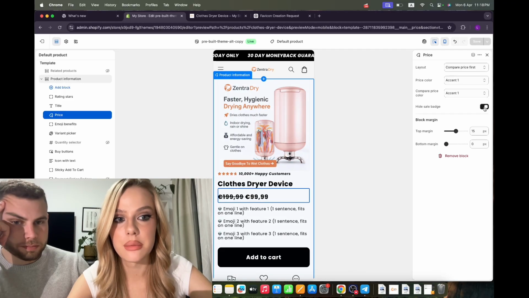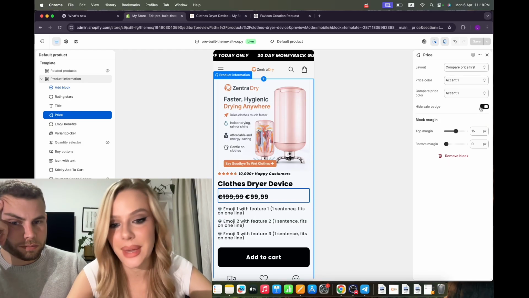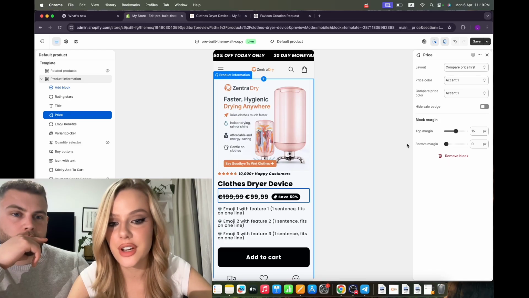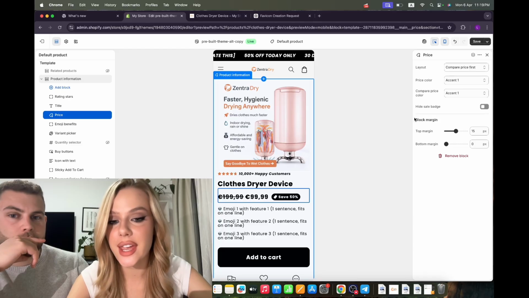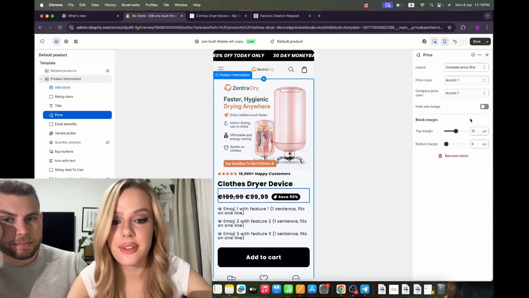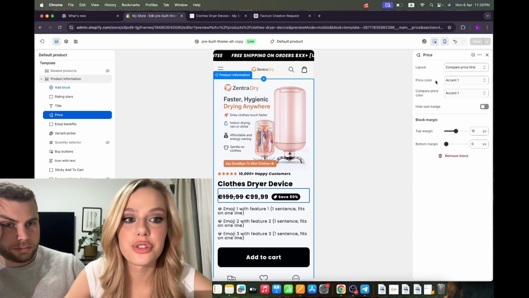Save. Here, for example, this option is already selected and it hides my sales badge. But I always like to include it. It just looks so amazing. This is also a great conversion hack, so it's good to include it. It's a marketing hack used to create perceived value of the product for the customer and the massive savings the customer gains. So as you can see here, you have the option of changing your price and compare price